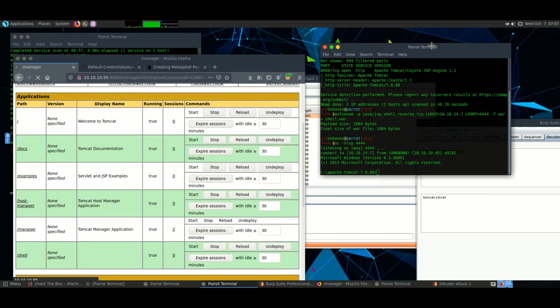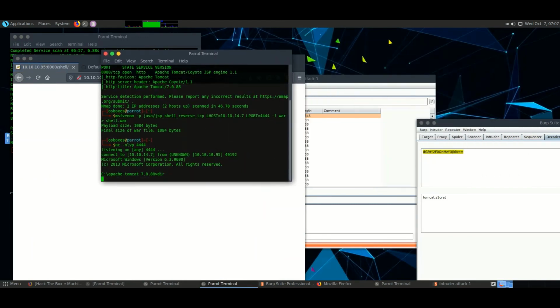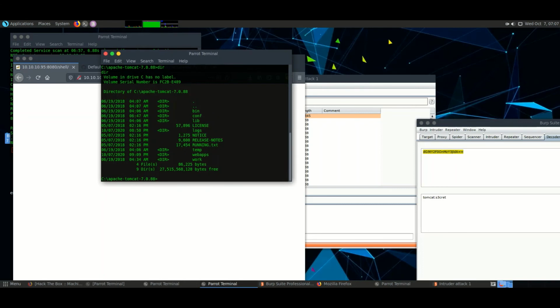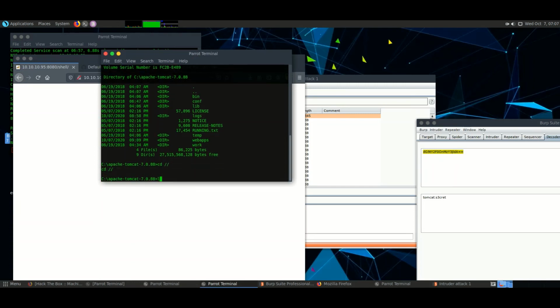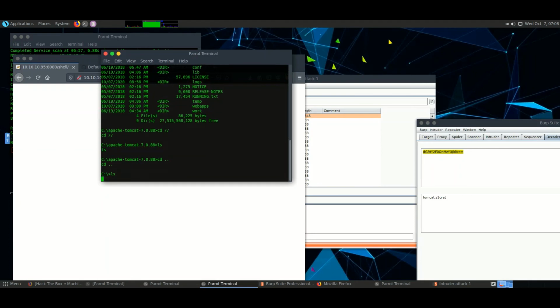Okay, as soon as I open it, I found the command shell of the machine. Done. So we have to find the user and root flags now. Okay, searching for it.